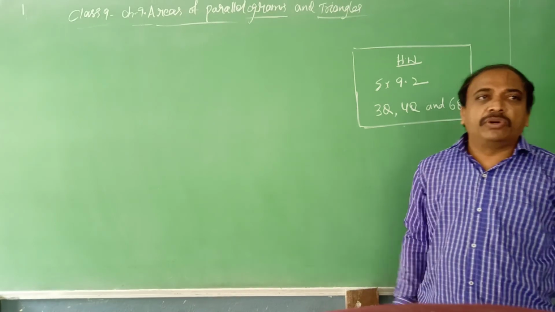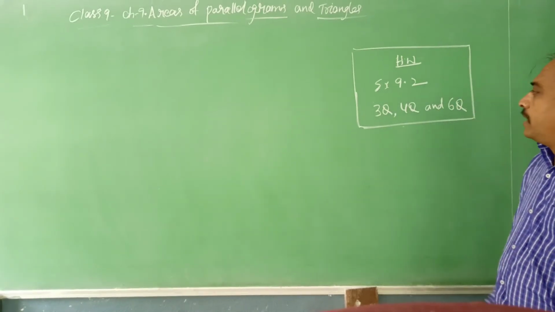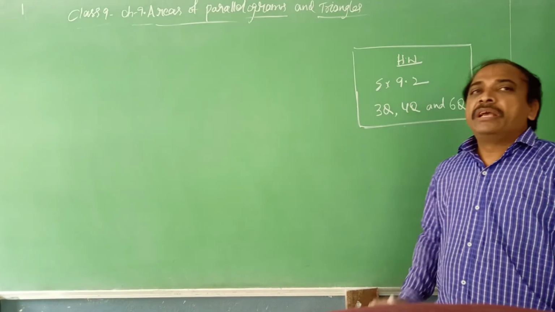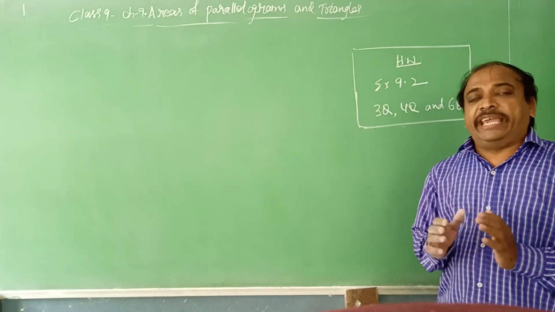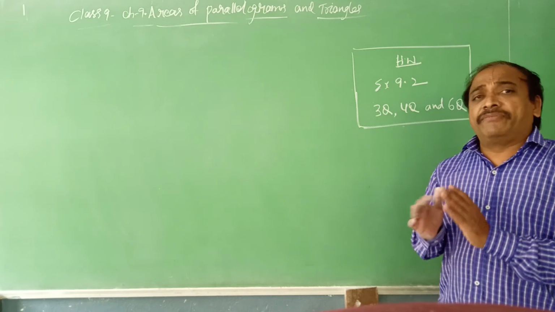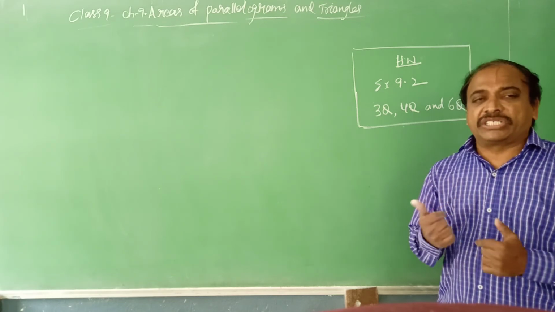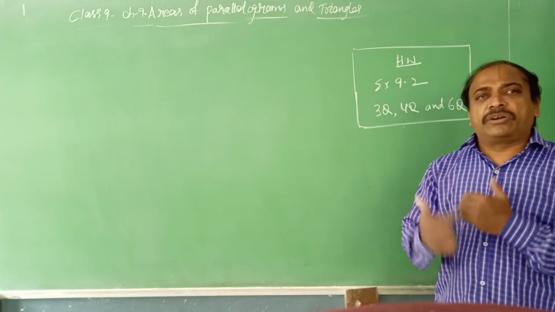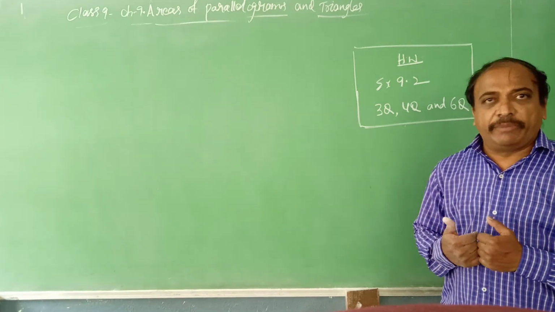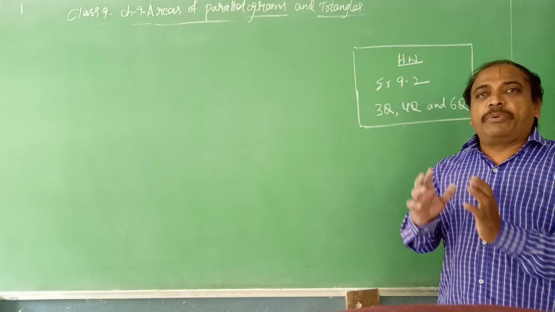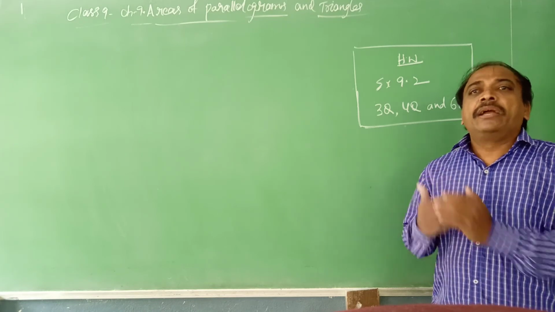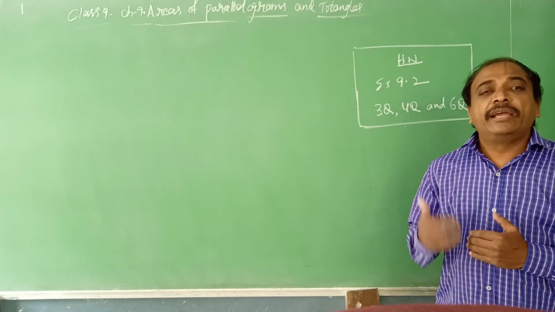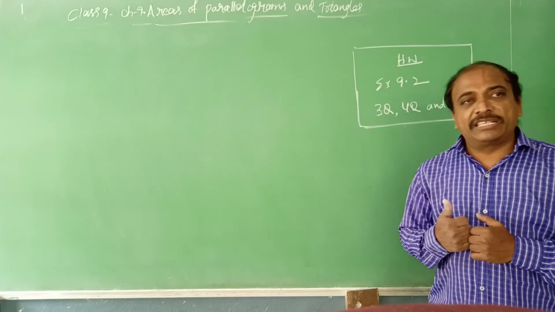And here we have some homework questions from exercise 9.2: question number 3, 4 and 6. While solving any question, see whether a triangle and parallelogram are on the same base, and whether any construction is required, which two to be added to get the required. Think about these things before going to the steps. First draw the diagram neatly. If the diagram is perfect, then half of the solution will be in your hand. I hope it is clear to you.